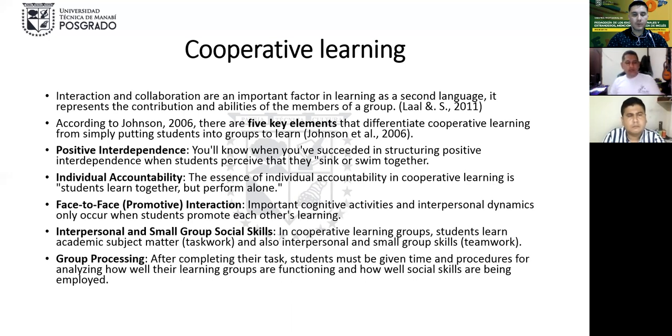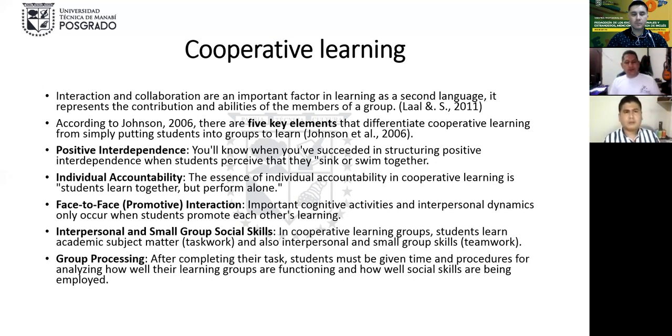The individual accountability, it means that the sense of individual accountability in cooperative learning is like this: students learn together but perform alone. It means that every student in each group works alone to help better the group itself. In this case, every student with every personality can give their help to the rest.